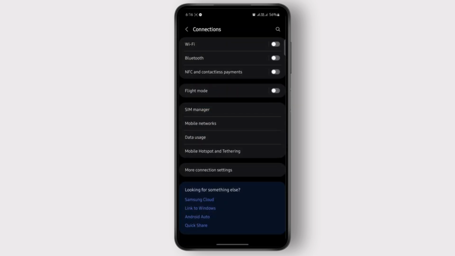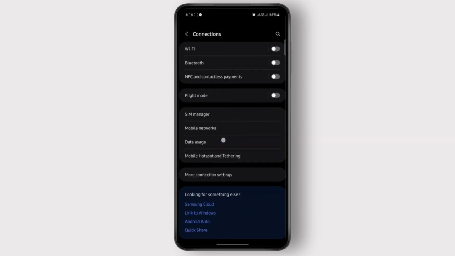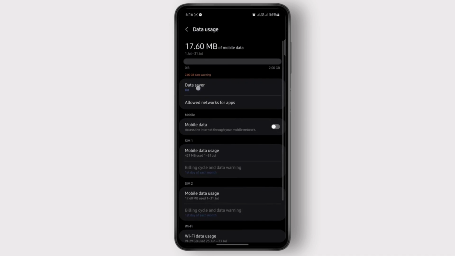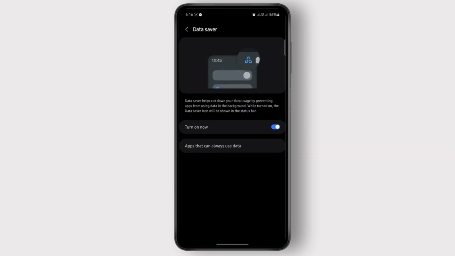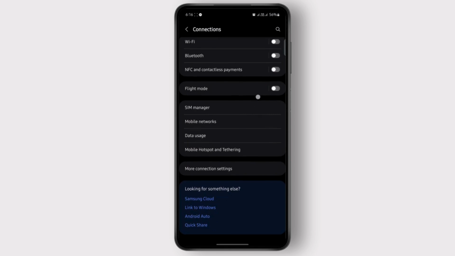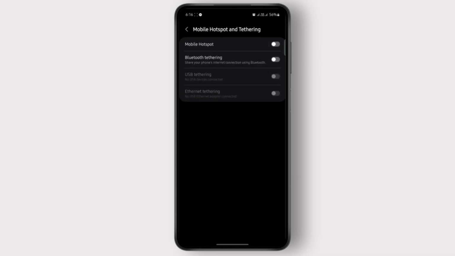To do that, you just go to your connection settings and then go to data usage. After you open it, as you can see, the very first option is data saver. If I click on it and just toggle it off, the data saver is now off. So if I go back again to my mobile hotspot and tethering, now you can see I can easily turn